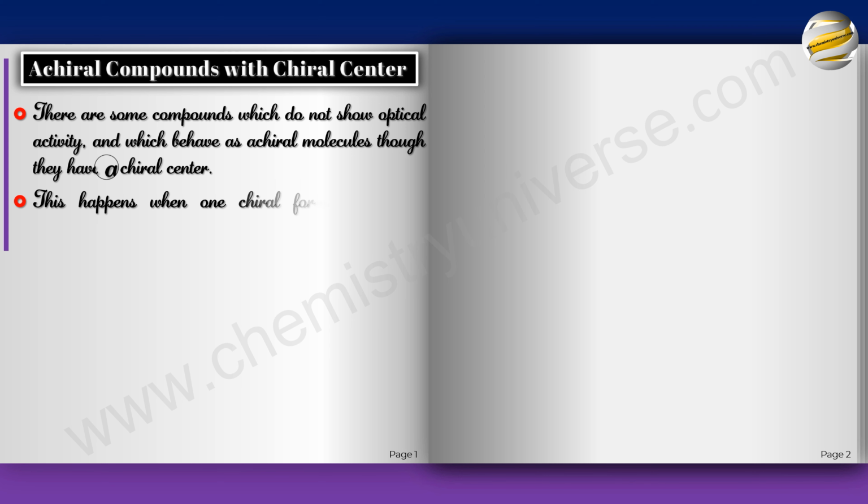This happens when one chiral form converts to another by physical rotation or flipping. Now, if you remember, when I was giving you an idea about carbanions, I introduced the concept of flipping, which I'm sure you also read in chemical bonding. Flipping is a tendency of a pyramidal molecule to make its lone pair go above and below. It flips like an umbrella. It's also known as the umbrella effect.